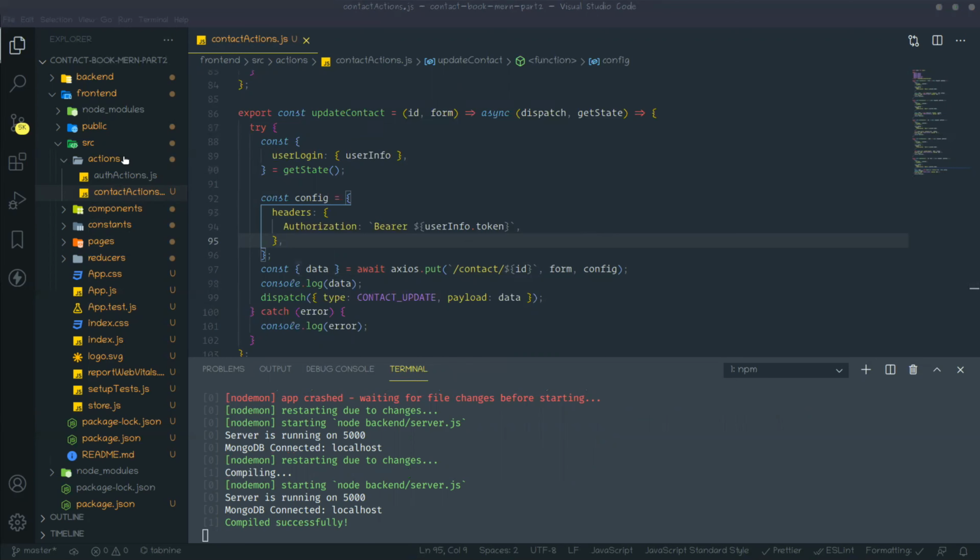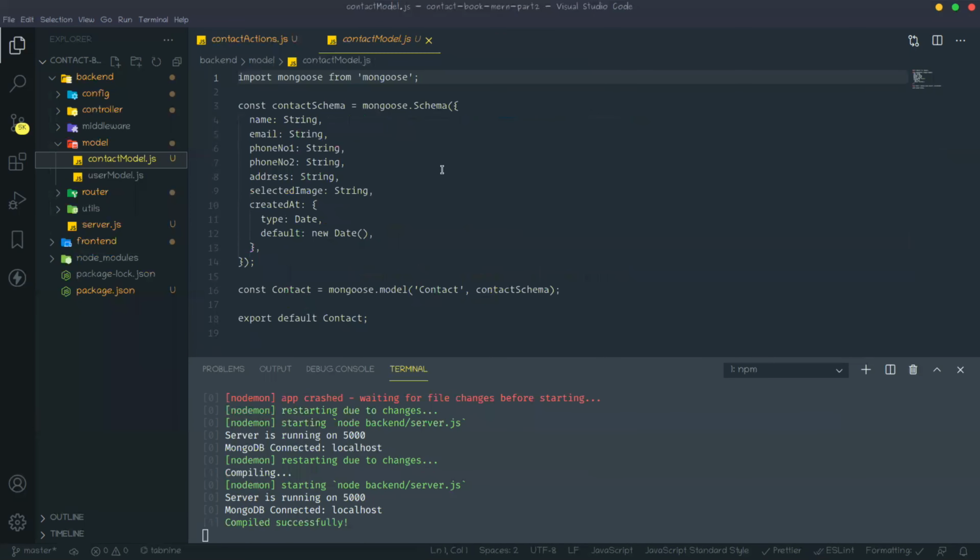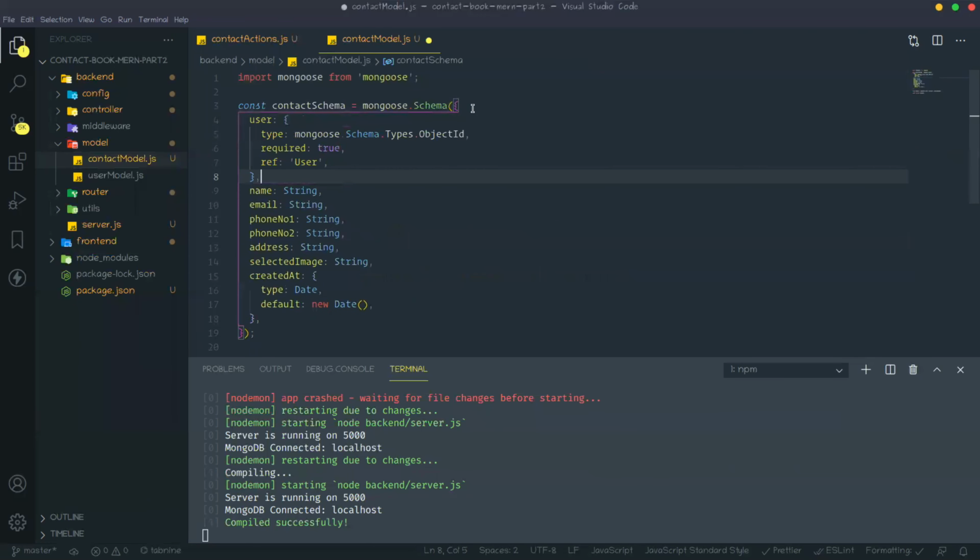Go to the backend, then model, then contact model. Here I need that user ID also, meaning from which user that contact has been created. So this is, you can say, relational.